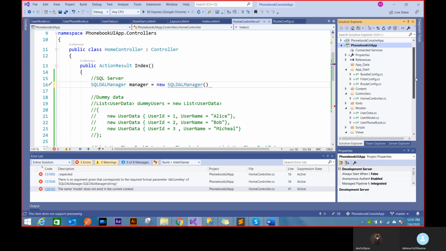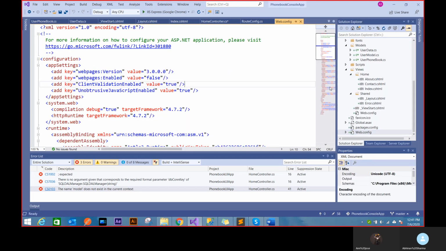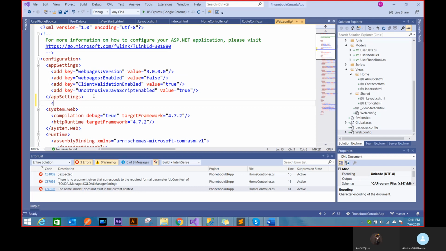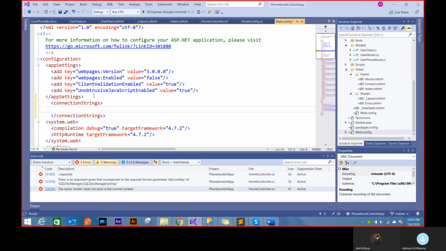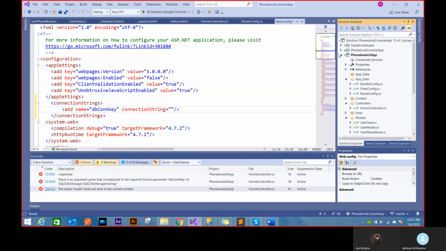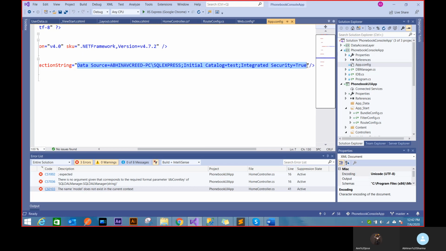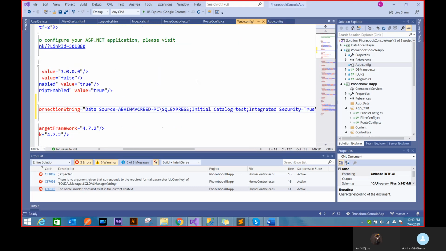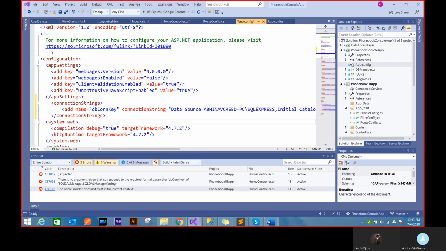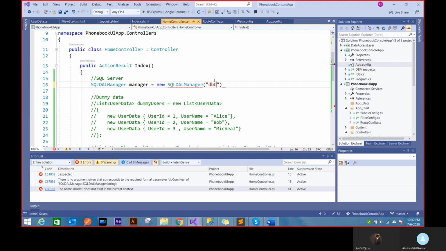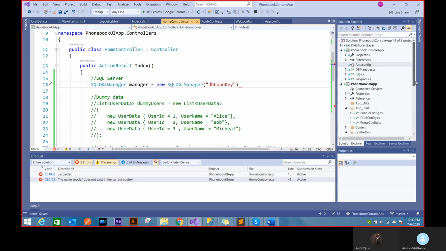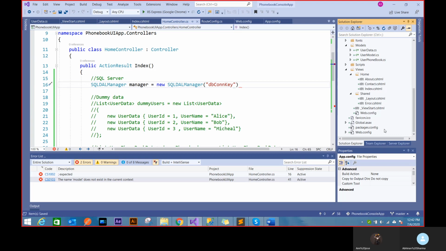And that's where the web config comes into the picture. In web config, I can again create a connection string the way I'm connecting it. That's connection strings, similar structure, add name, DB con key, and connection string. I have to get it, so I'll get it from app config again. I'll get this key. Now I've configured my DB connection string. You see why it was helpful to have a connection string previously. So now I can just put DB con key, that was my connection string, and I should be able to have that kind of connection.